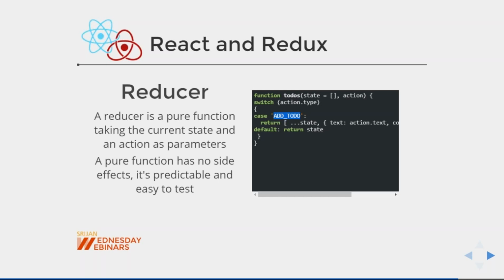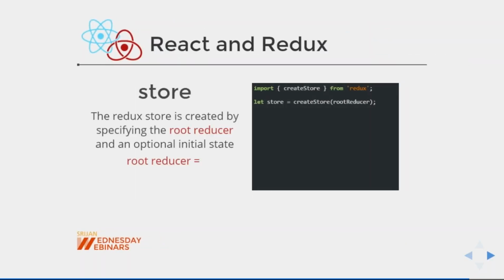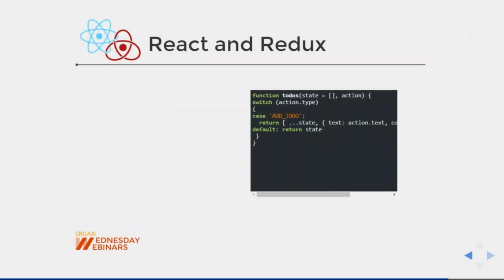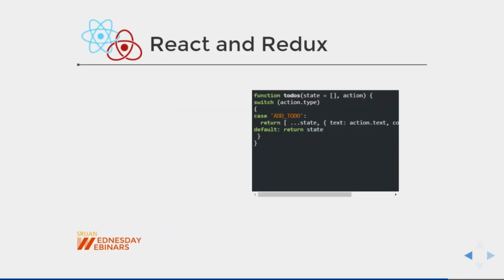This is immutable. Then this is a store object. We are creating that with a single line of code, and the store is just a plain object. Everything is maintained inside the store only. So you will be just passing the reducer and creating the store. In your application, you can have multiple reducers. Reducers are nothing but these kinds of functions. Some reducers will be updating the to-do array object. Some will be updating the sticky notes item array object.